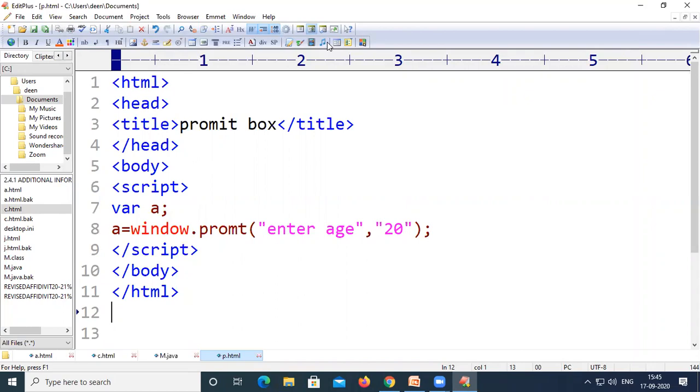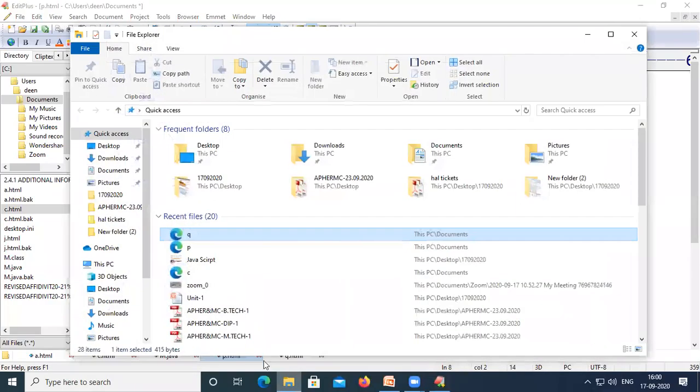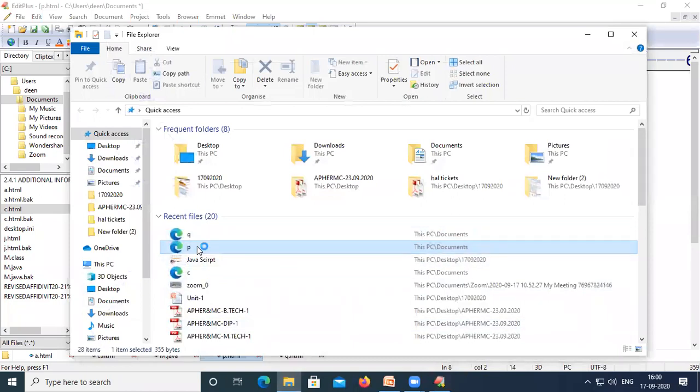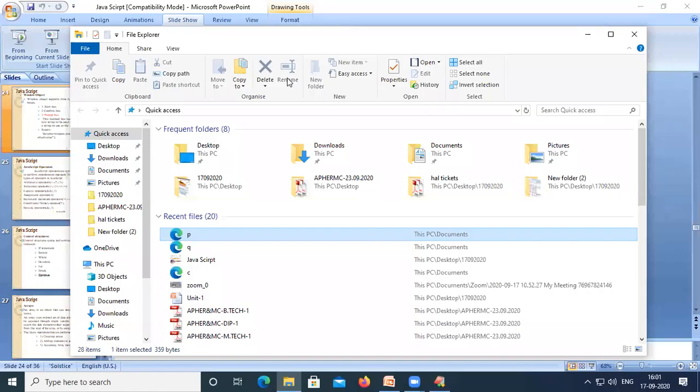Open the p.html file. Yes, see the output of this code. One second. Just double click on this p.html. Now I think it is not displaying anything.